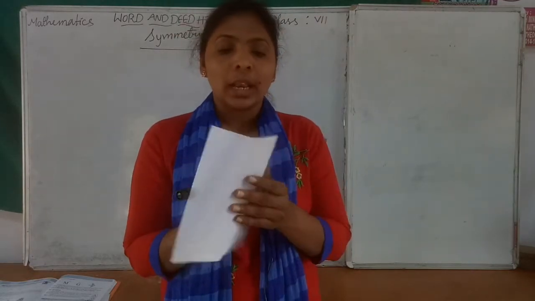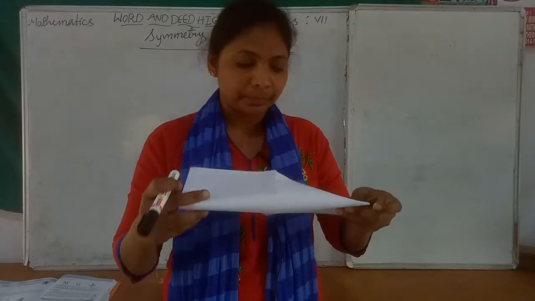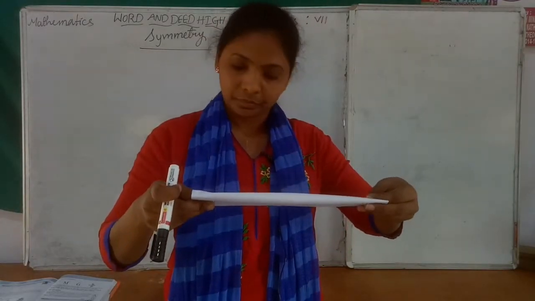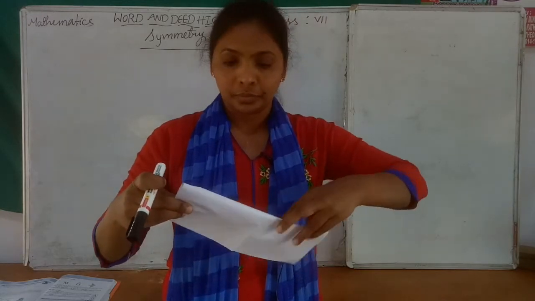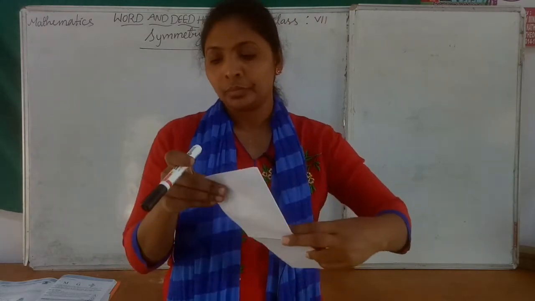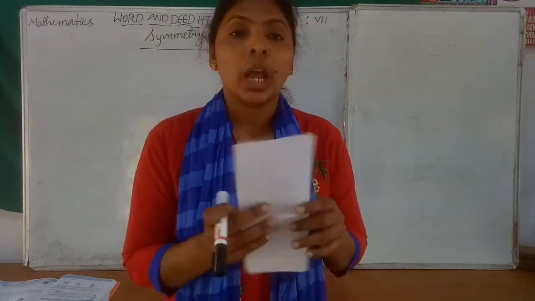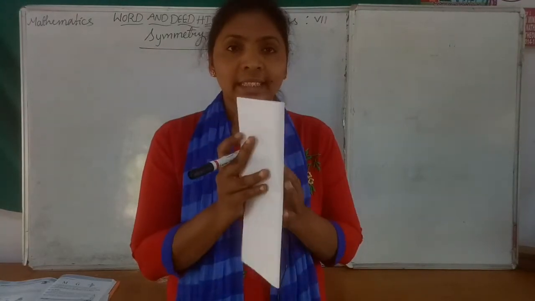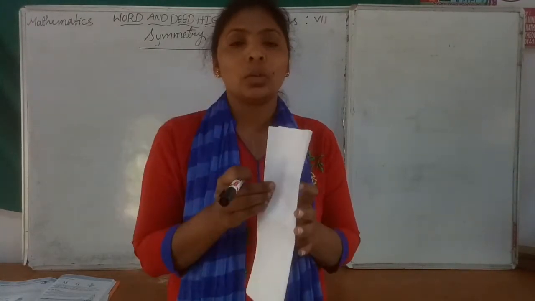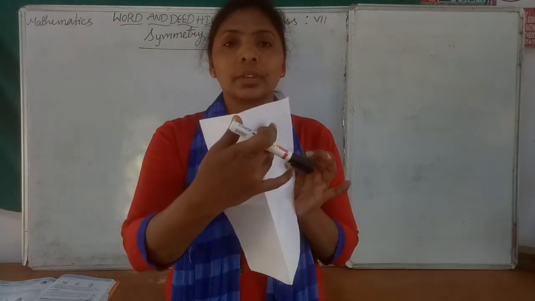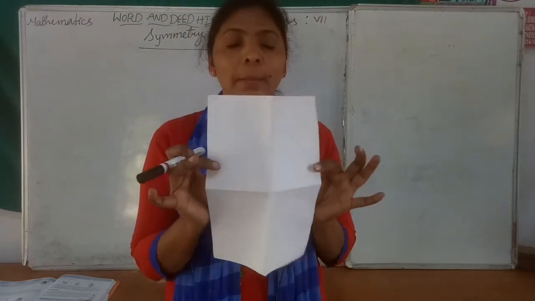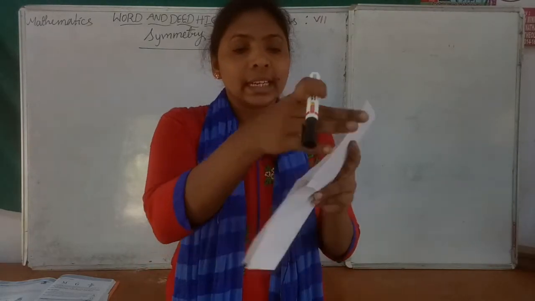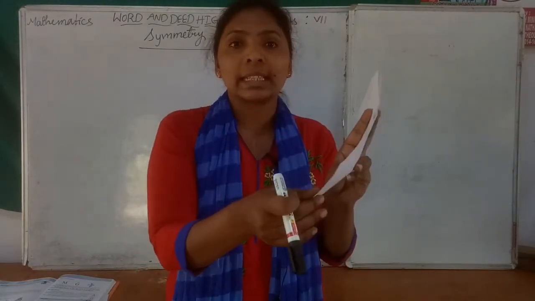Suppose now like this I am folding the paper. Yes. Now how will it be, children? See, the same paper I am folding like this. So see, now also 2 parts are there. This is one of the parts, this is one of the parts. Okay, so the 2 parts again coincide with each other exactly, children.